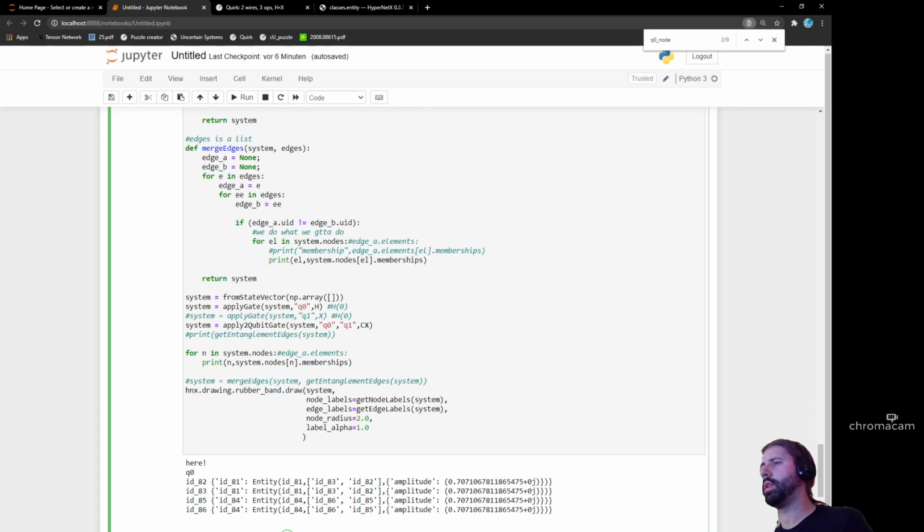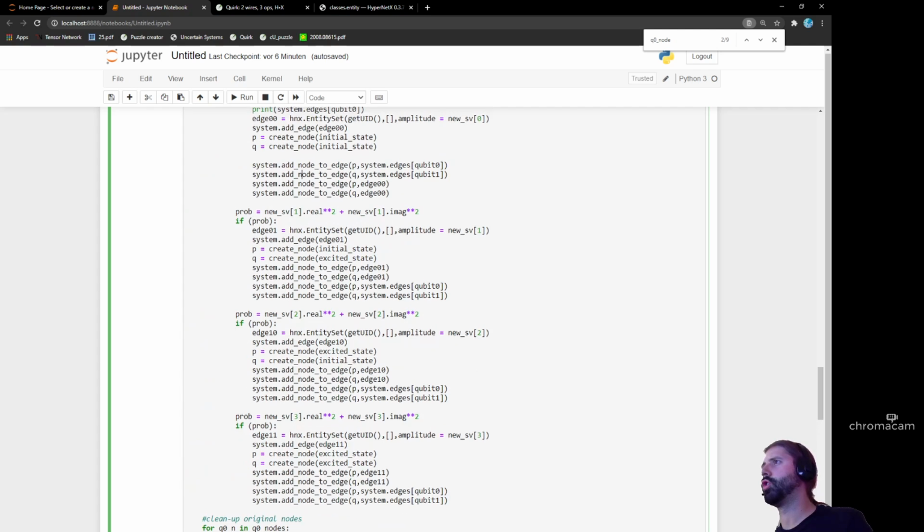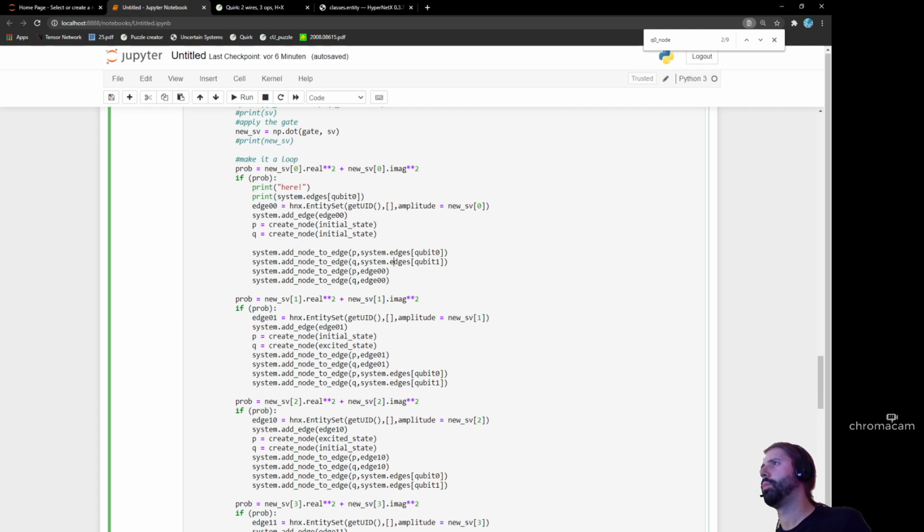It seems like the memberships are not there, but there should be. And it's funny because if I'm replacing... wait a second, maybe it's because the edge is something new. No, but I'm adding the edge to the system here. And so if I add this element to this edge,